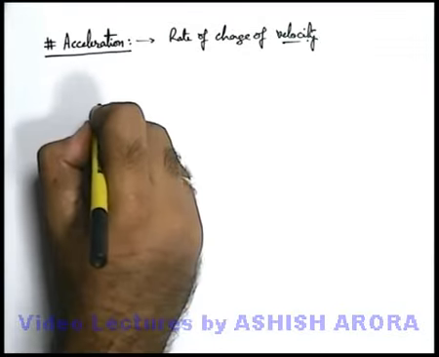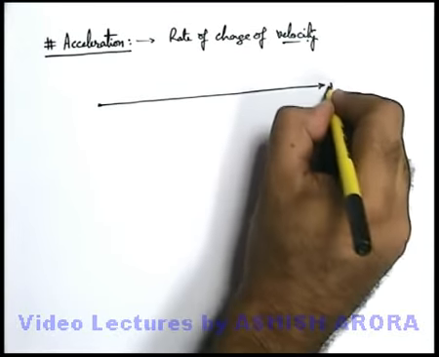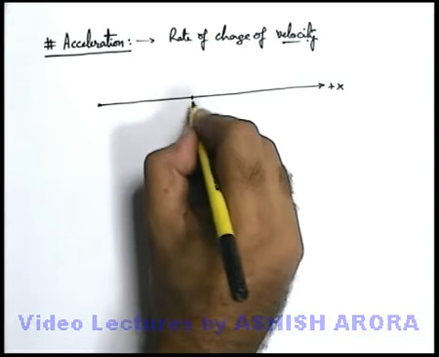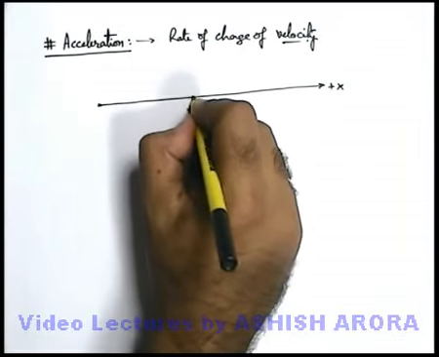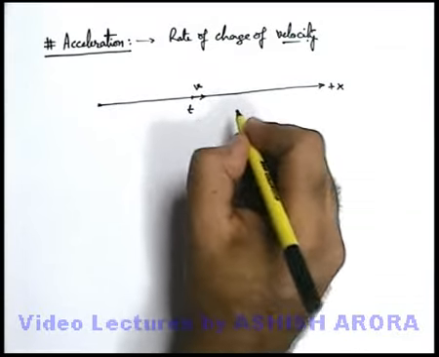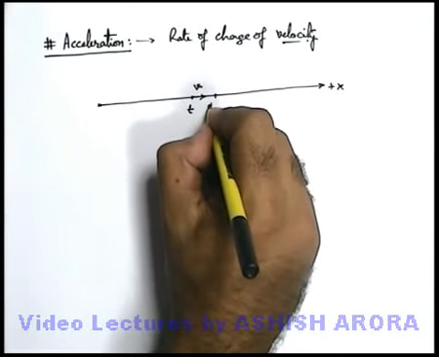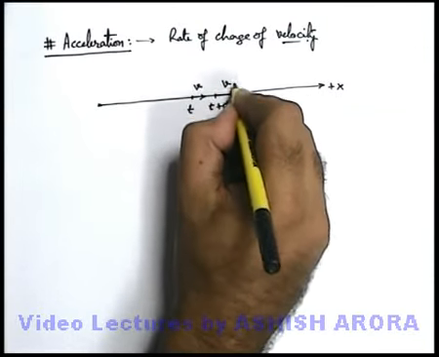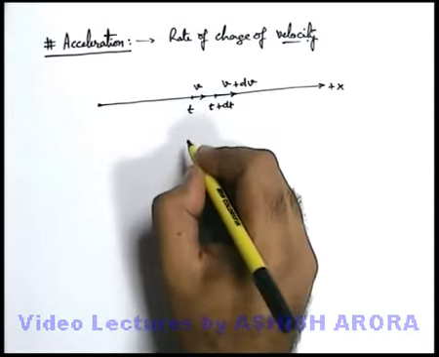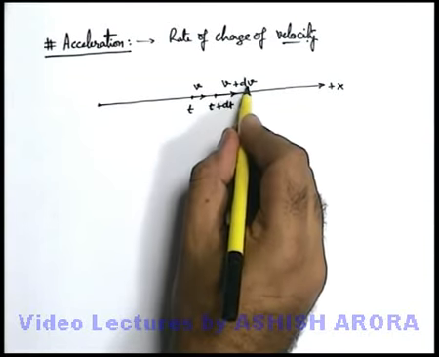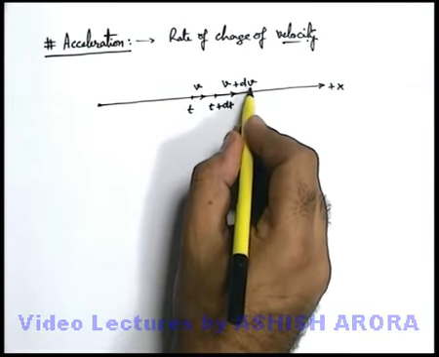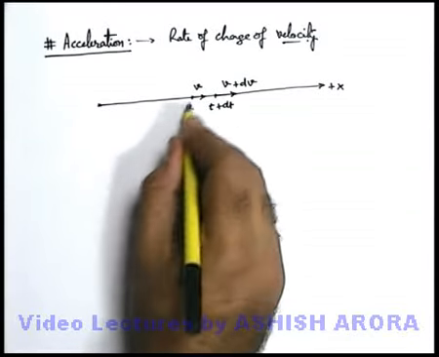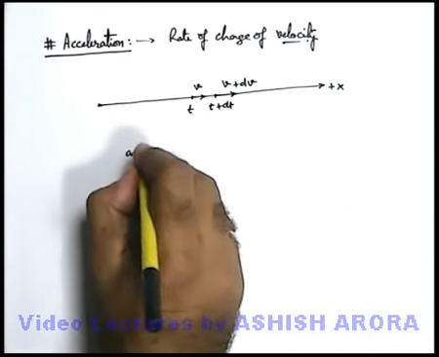Say, for example, a particle starts from a point and moves in the positive direction of the x-axis. At any general instant of time t, the particle has a velocity v. In a very short duration from t to t plus dt, the velocity increases from v to v plus dv. So in a duration dt the velocity increment is dv. Then at this time t, as dt is a very small neighborhood of t, we can write